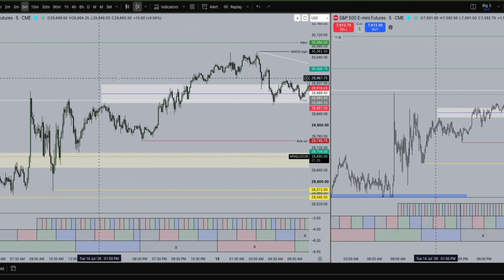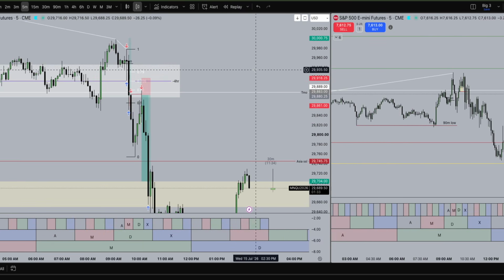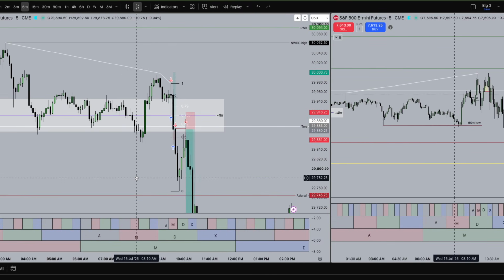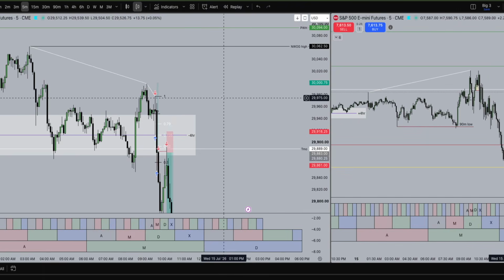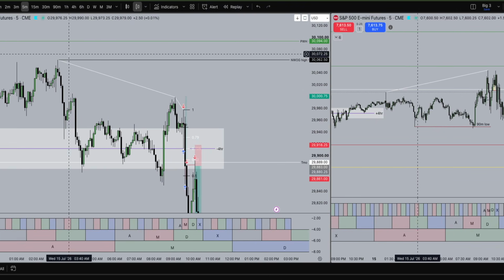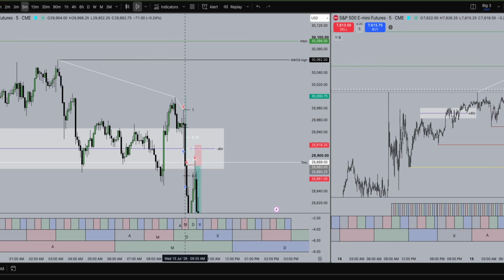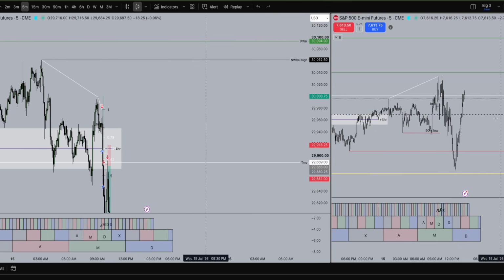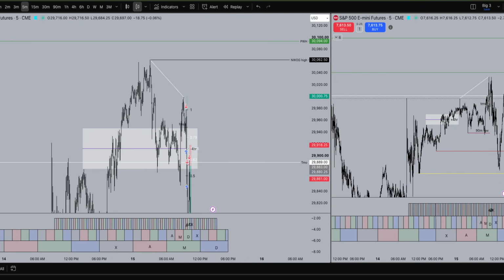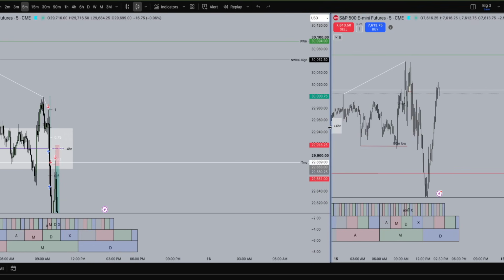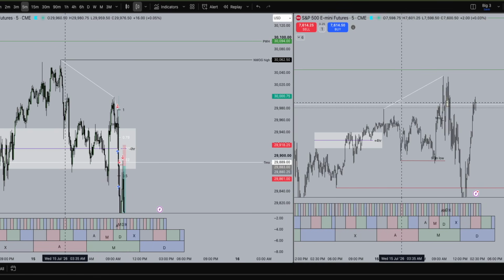Let's go to the 5 minute. We can get a clear view on this. Accumulation, manipulation. The SMTs that I was using were the daily cycle, which we had with high of the week. High of the week on ES got swept right here. This is high of the week. We can see it, well, it's just a white line. I cut off my screen because I have a bigger monitor, so you can't see this side. But this is high of the week.